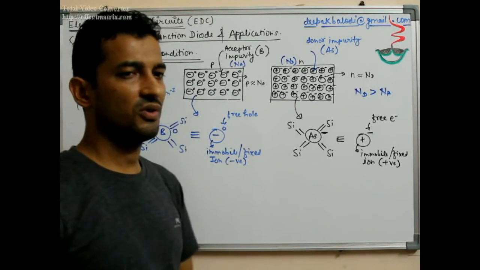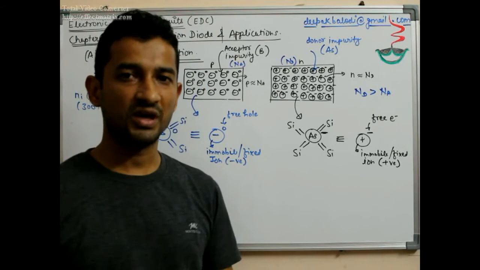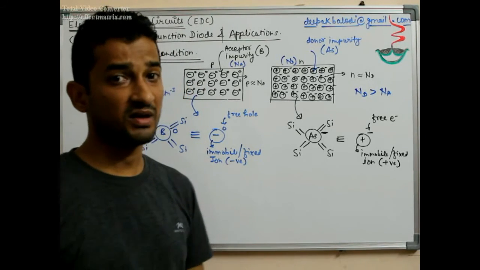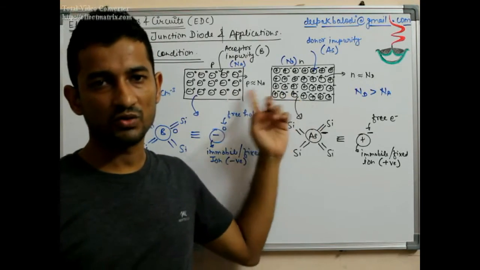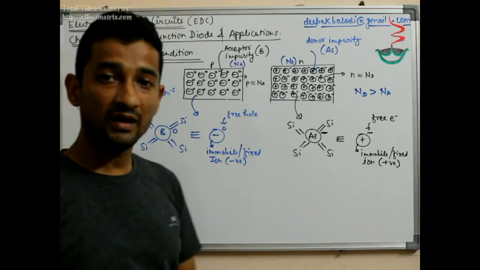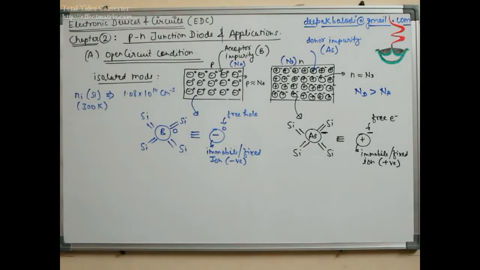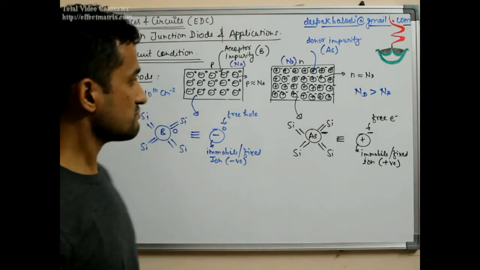Because if I do so, then with this we can understand a better, more generic case rather than a very special case where fortunately we can have Na approximately equal to Nd. So that's a very fortunate case. Most of the time we do not land up with that case. So let us have this generic case.